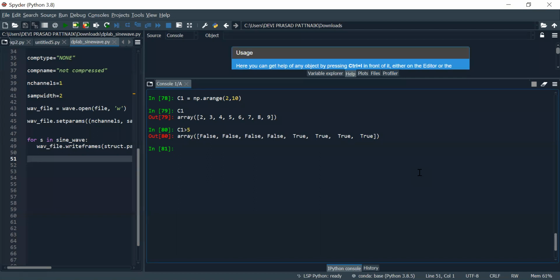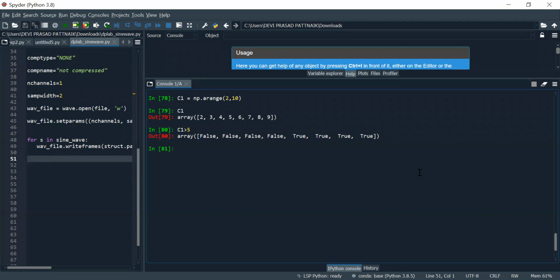And 3 is greater than 5? Similarly, the second condition is also false. And 5 is greater than 5? That is also false, and the rest are true. So we got an array like this.